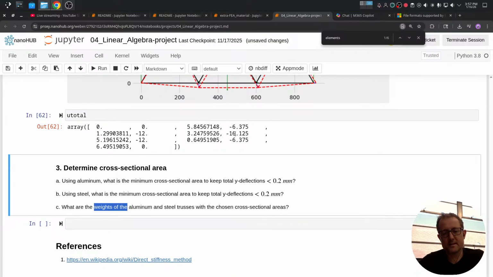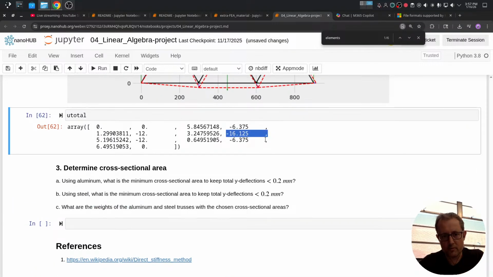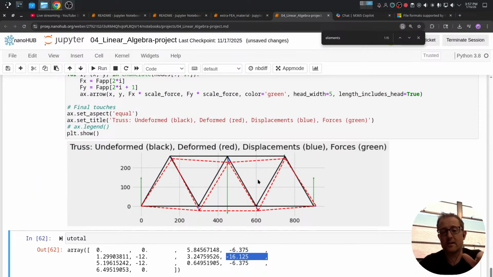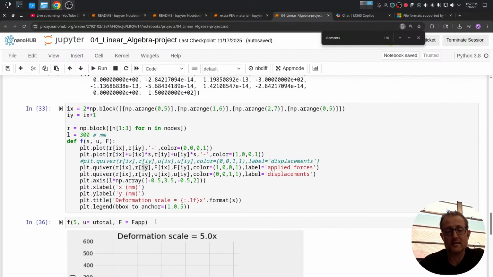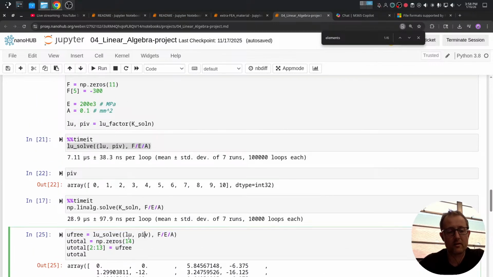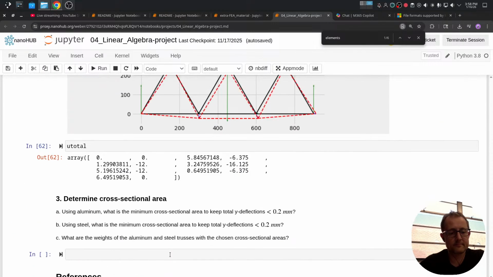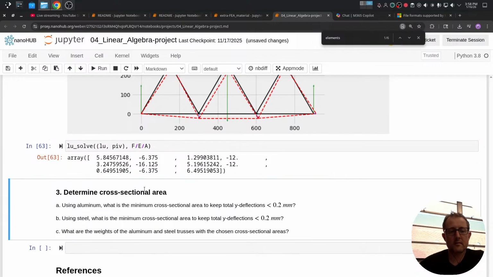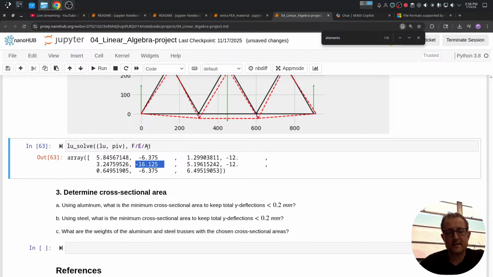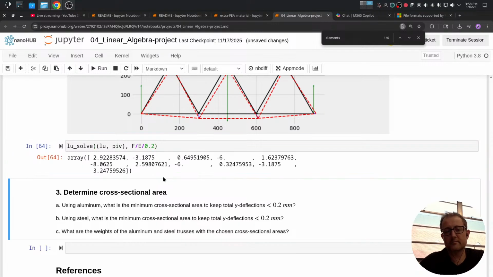So if I want this 16 to be 0.2, I need to change how thick these things are. And the main way that I got to that deformation, scrolling back through all of this, I didn't need this total thing. All I really needed was just this one line of code. So here I have that 16. I could change this instead of 0.1, try doubling it. If I double it,